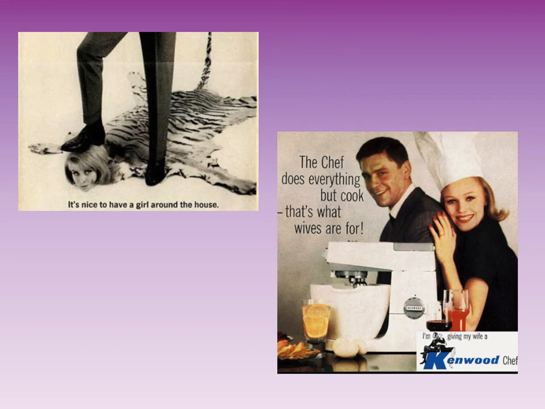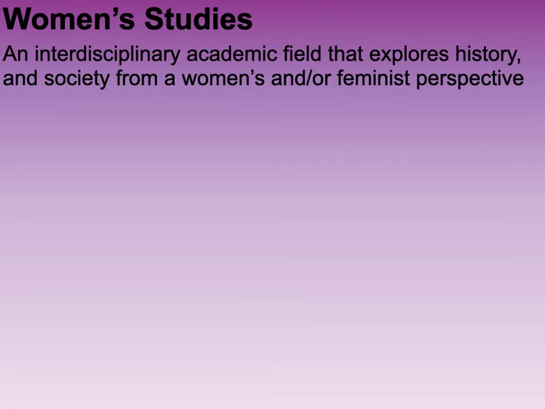But in the second movement time of the 60s and 70s, that's when women's studies began as a major, a topic, a class in college. Women's studies is really cool because it's interdisciplinary, which means it's pulling from history, sociology, psychology, and literature. So there are all these different aspects that come together to be women's studies as opposed to something that is purely one topic. We've got all different kinds of areas of study.